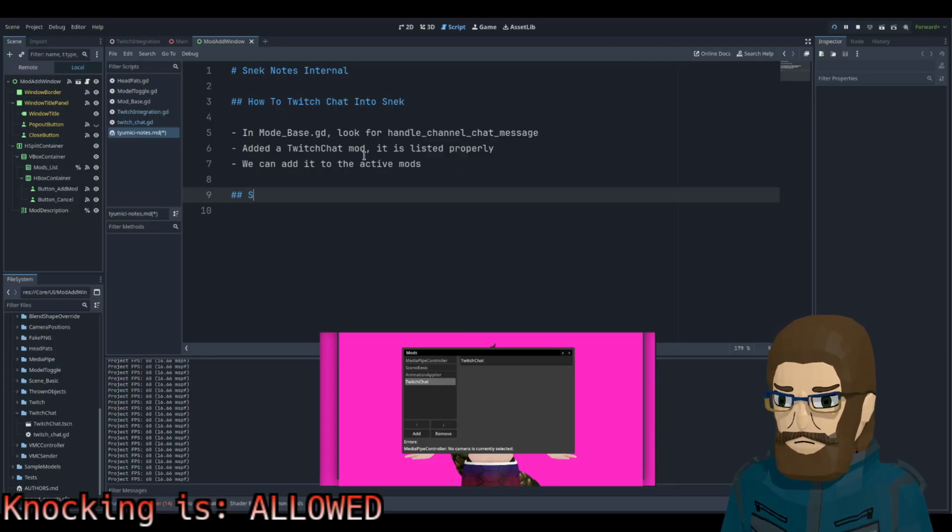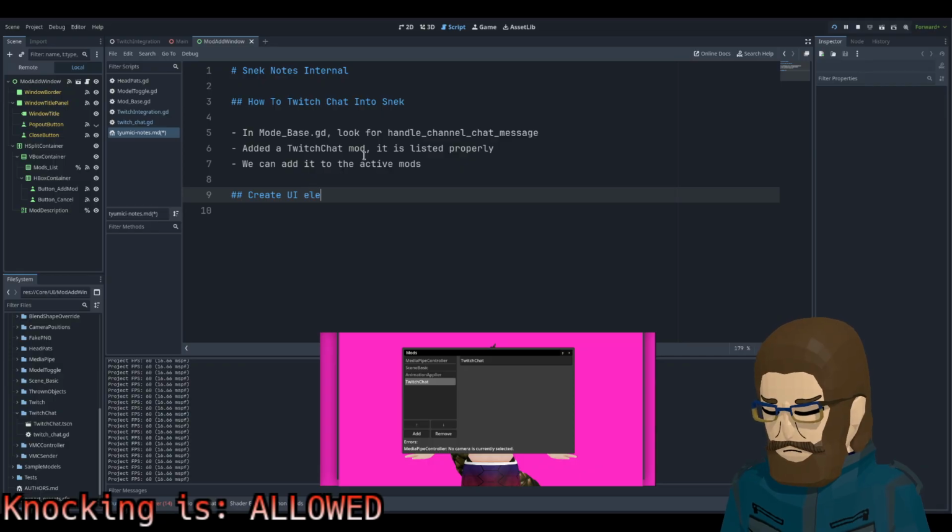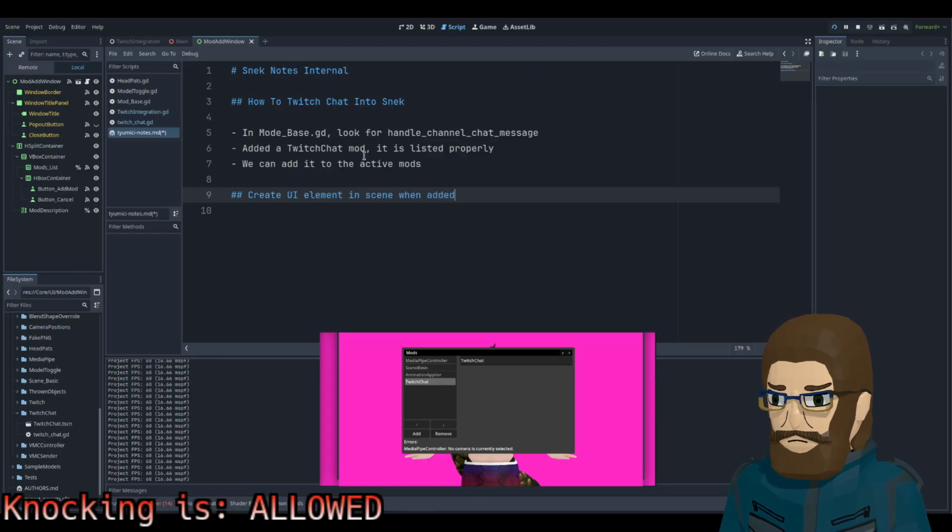So we need to send or create UI elements in the scene when added.